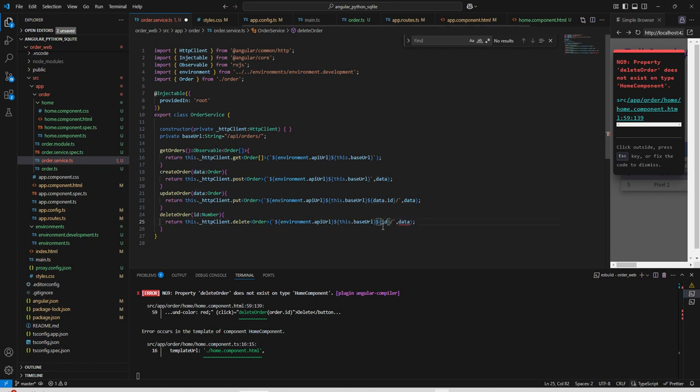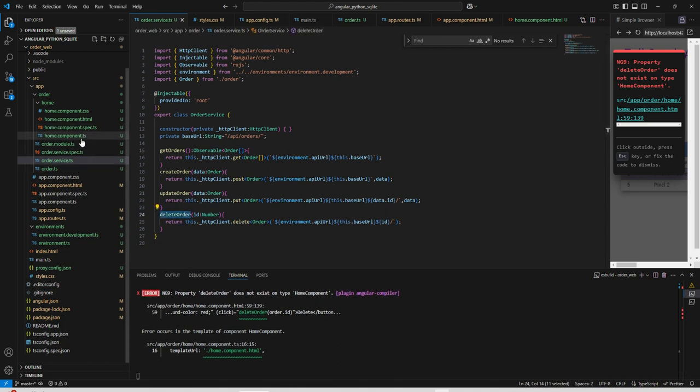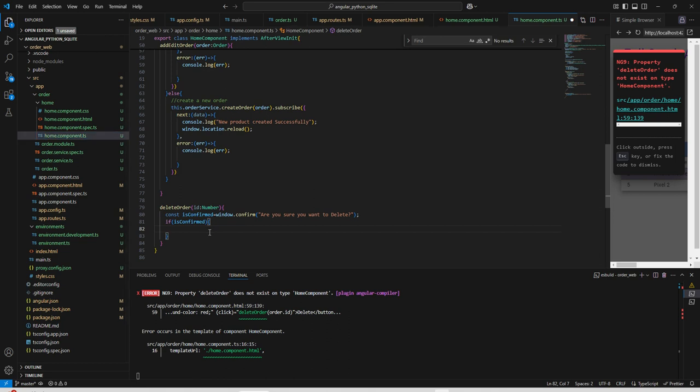Here we are passing this id and no data is required. That's it. Now whether this slash will work, let us check. So this is for delete order. Now in a similar way we need to call the delete order here. Now on this.orderService, we can call deleteOrder, and here we can pass the id, and here we can say subscribe,